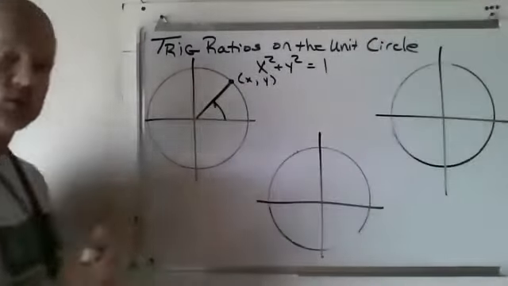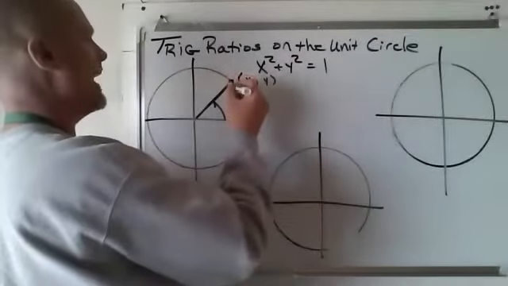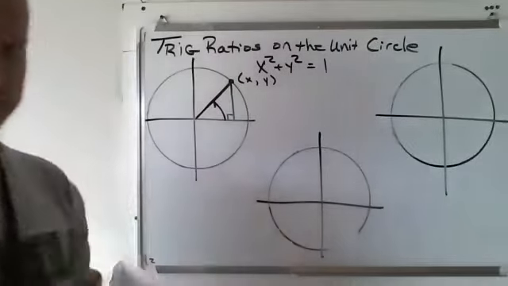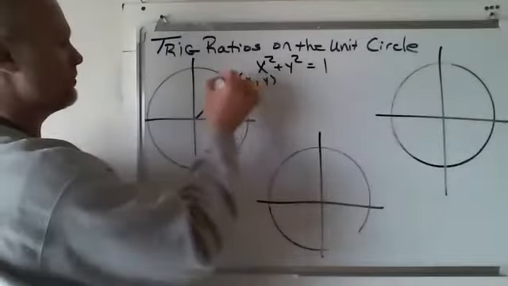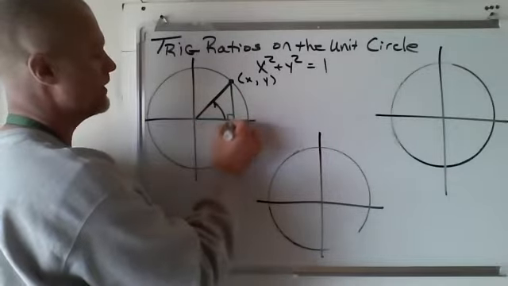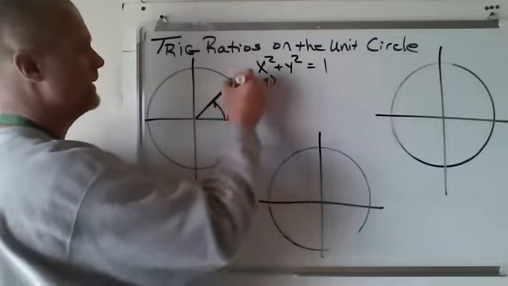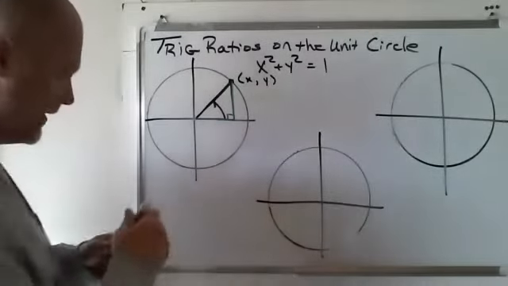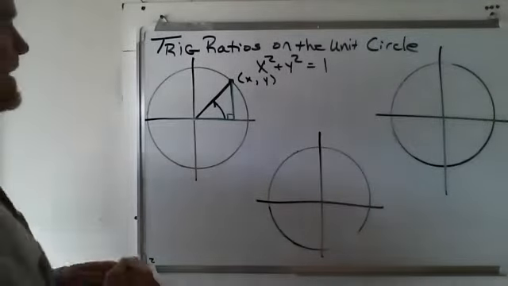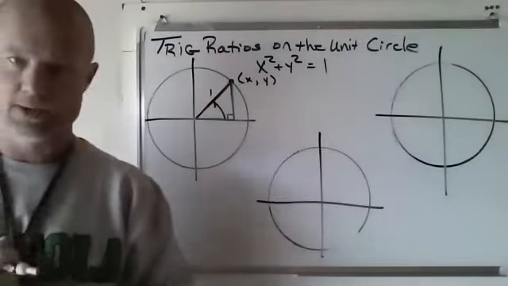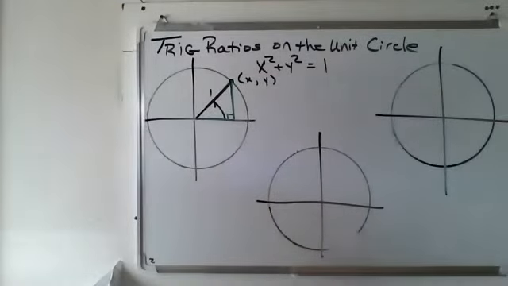Whenever I rotate somewhere, I create a right triangle with the x-axis. That right triangle, to get to this point, I could either take the radius out to that point, or I could go out an x value and up a y value. So I can describe that point a couple different ways. Now, right now, since we're talking about a unit circle, I know that radius is equal to 1. So on this circle,